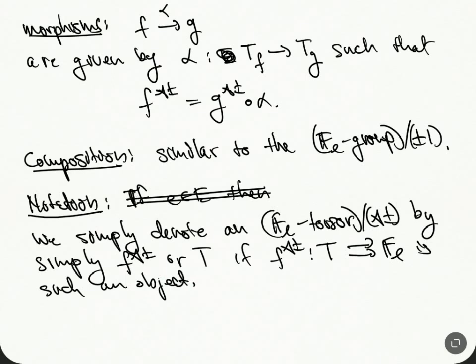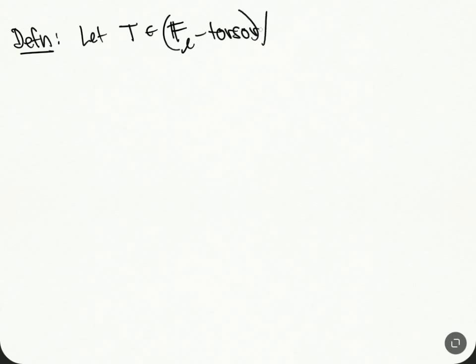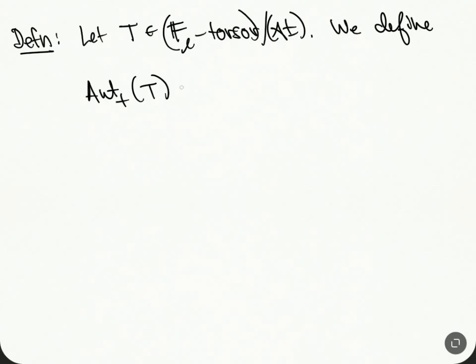Okay, so now I want to talk about some subgroups. Let's do another definition. Let this guy here, T, be an FL torsor up to the dihedral action. And so we're going to define a subgroup Aut plus of T. This is the same thing as if I were going to do it with the F. But this is going to be defined to be equal to the set of alpha from T to T. So these are bijections of sets, such that,